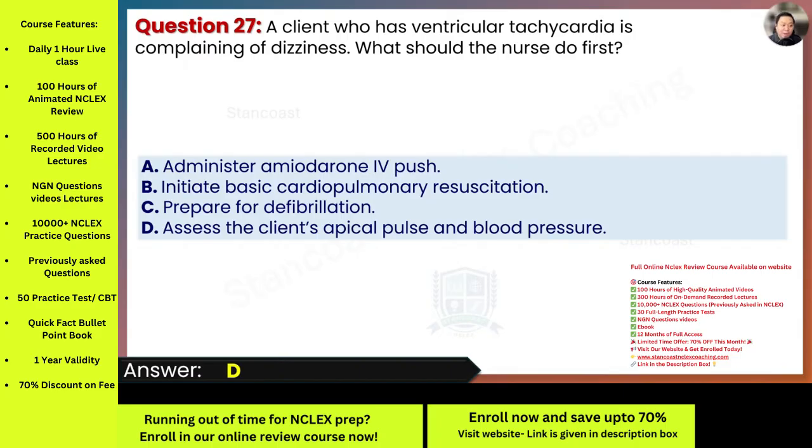Now, what about letter A? Why is letter A incorrect? We know that amiodarone is a medication used to treat VTAC and stabilize the heart rhythm. However, this step is not the appropriate